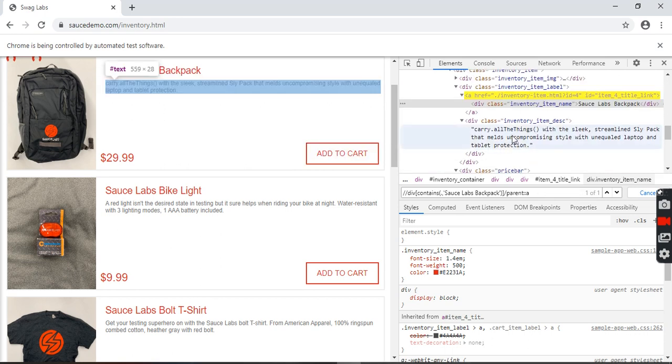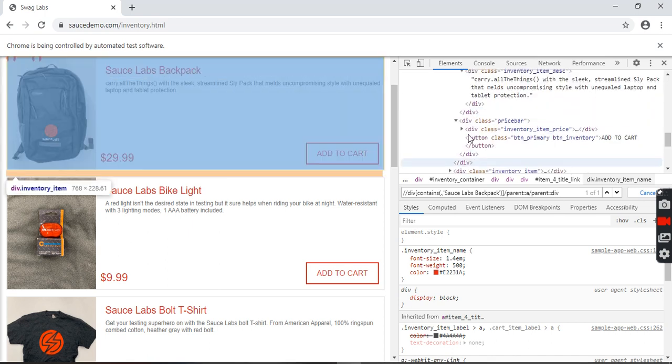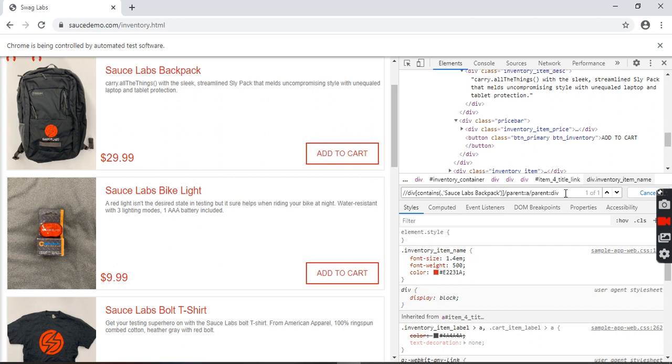Okay, so from here I am going here and finally coming down, parent div. Now I am coming here. After that I am going down, following sibling, div. Now I came here. After that, button. Now I came to the button.